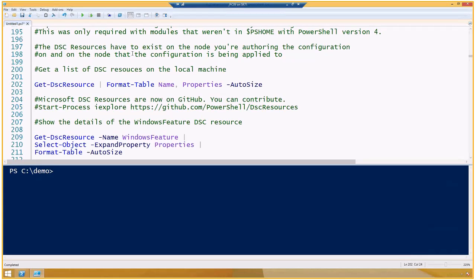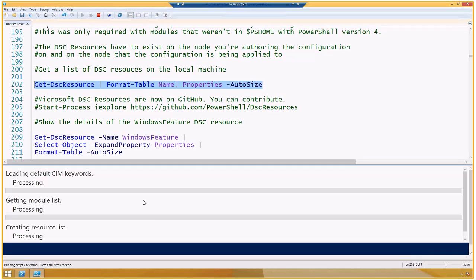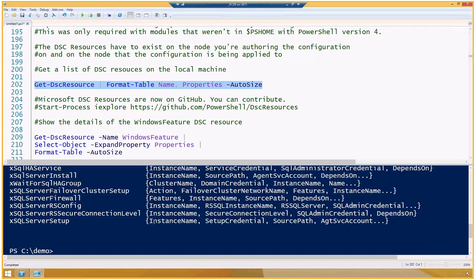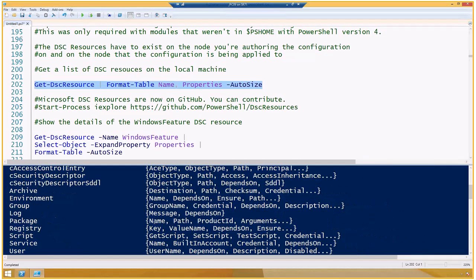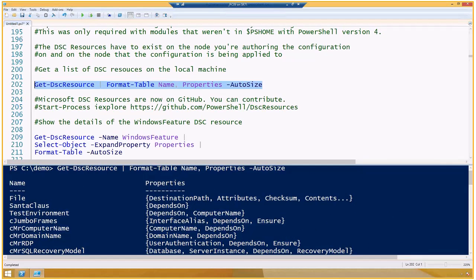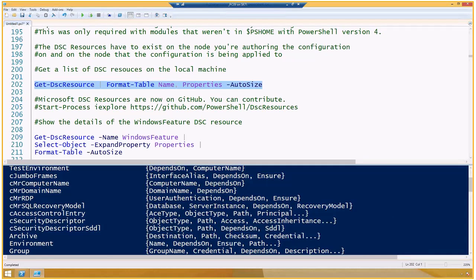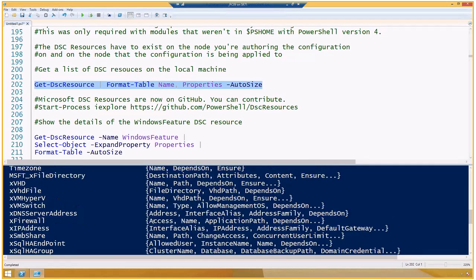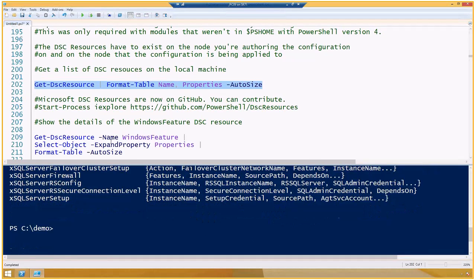So there's another way to get a list of DSC resources on the local machine, and this actually gets the location where Microsoft puts them, but also where users should put them. And I'll show you in a second where users should put them. So you can see that there's a lot of different resources. I've actually added a number of DSC resources to this machine,